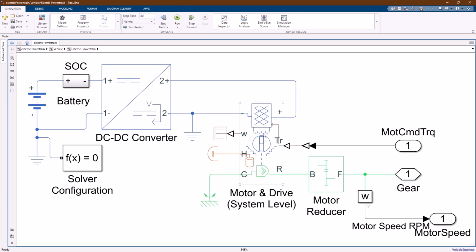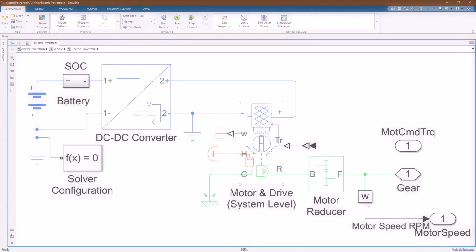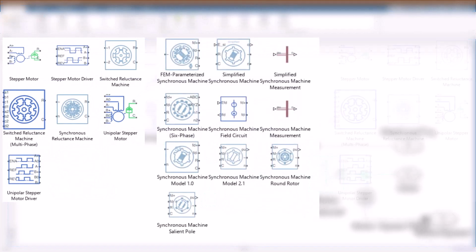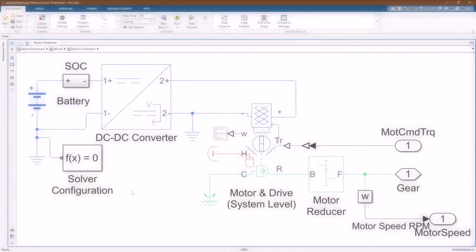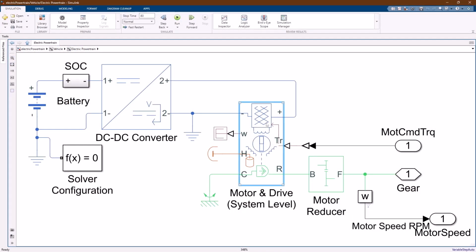If you're interested in modeling something more specific, like a permanent magnet motor or an induction motor that you have parameters for, there are a variety of blocks that represent different types of motors in the Simscape Electronics toolbox. And you could replace this with a model that represents your exact type of motor.